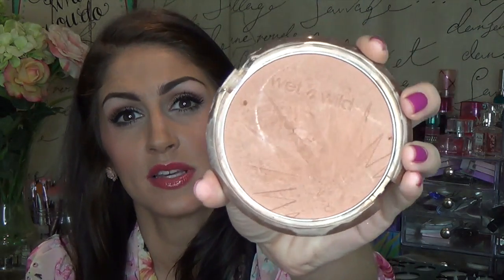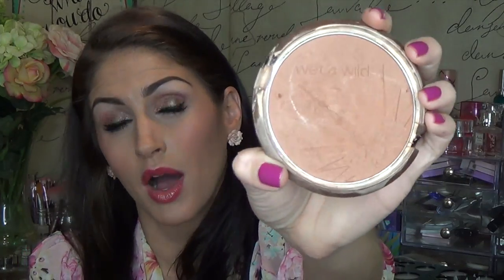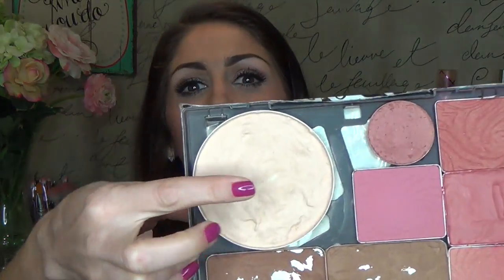This is their huge bronzer that they have. They also have, okay, they call this a bronzer too, but it's not. It's a highlight. This is the Wet n Wild highlight. This is like the most